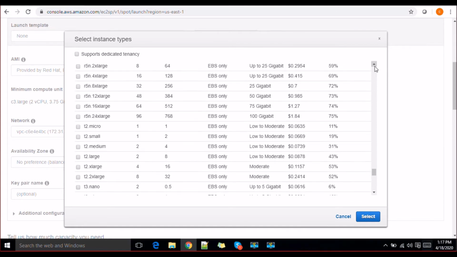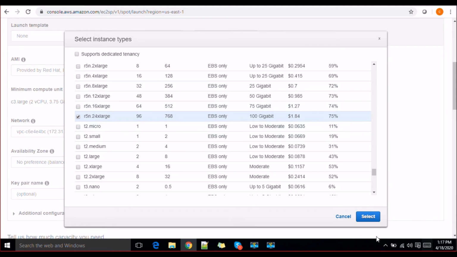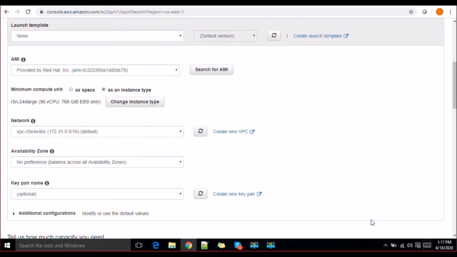So let's take this one. It's giving us 96 virtual CPU, 768 GB of memory, and do you see this? We are getting the 78% discount on this. Go ahead and select this. Next,